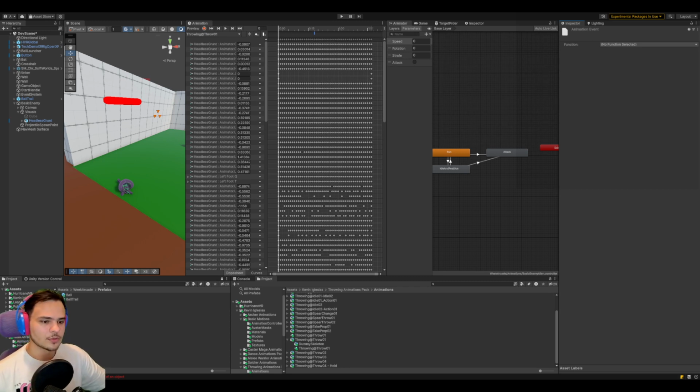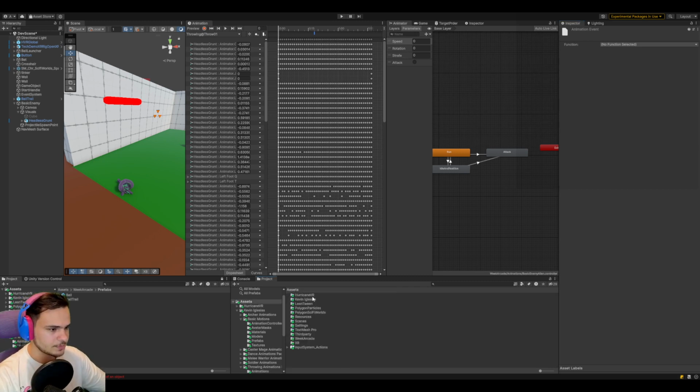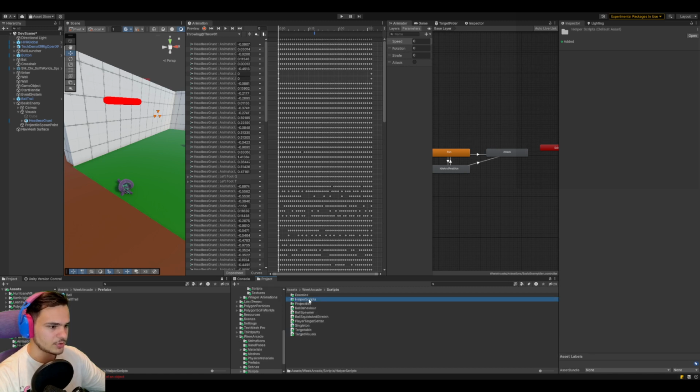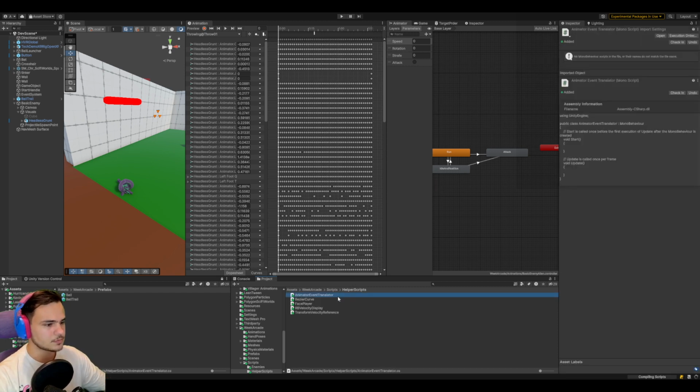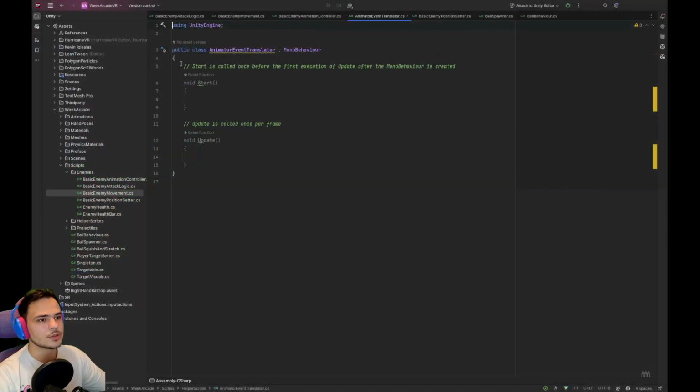So for that, we can create a helper script in our helper scripts, and we're gonna call it animator event translator. And this is going to be helpful in the future, just as it is helpful now. So we're going to have,